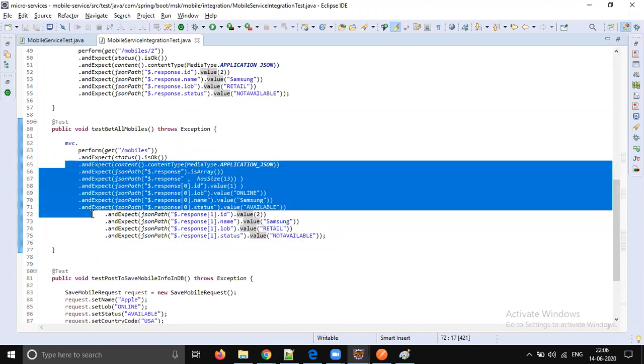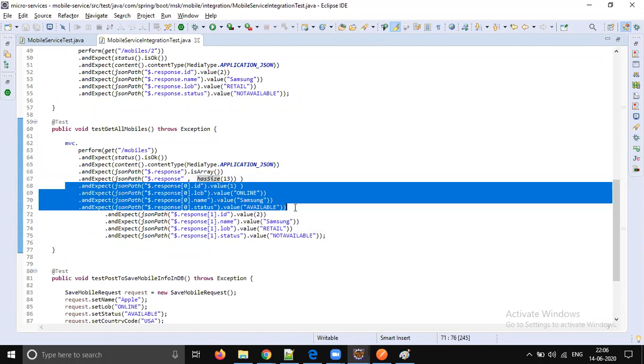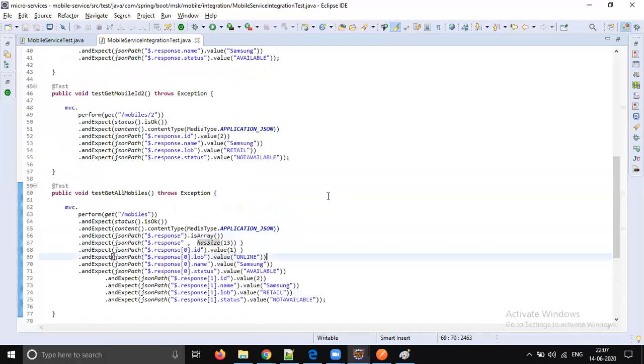Okay, so you can also check whether the response is an array or not, whether the size has 13 elements or not, right? Whether the size is matching or not. And you can go to each index level in that array, take each element, and perform some test cases.